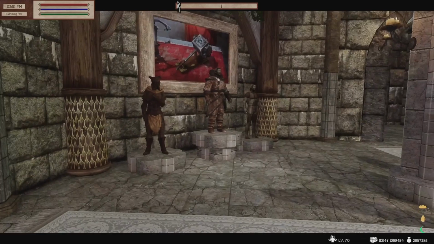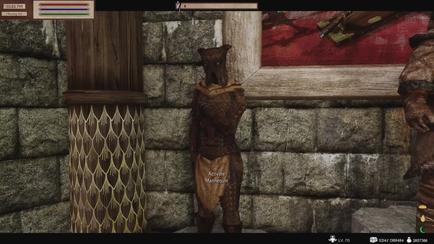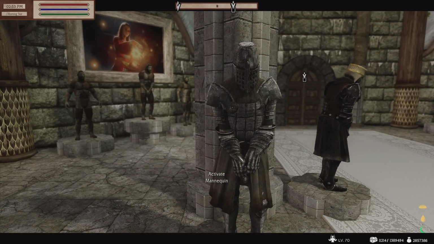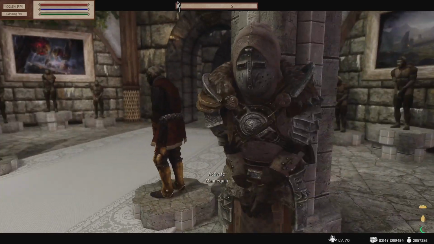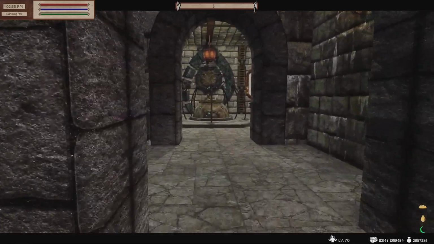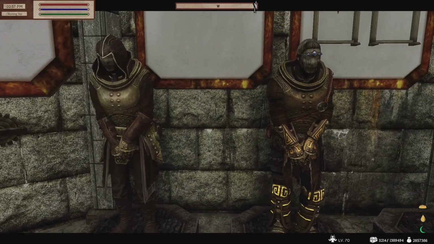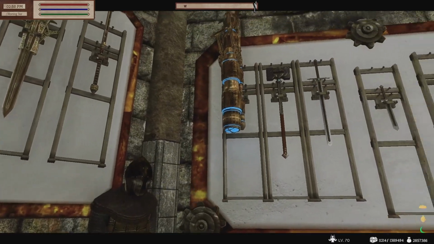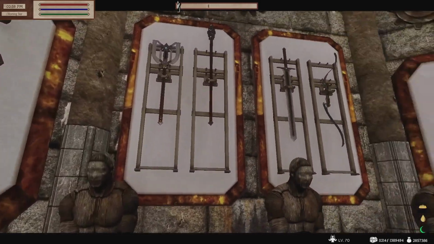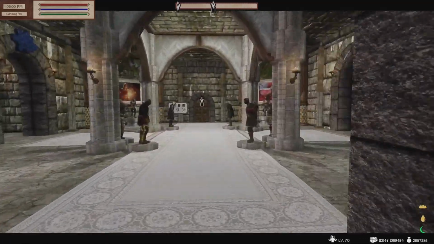Alright. In here, some armors that we got from Solstheim. Netch leather, skull, and whatever else is gonna go there, I don't know. Some armors we got from High Rock. High Rock, High Rock, High Rock. Here we go, the Dwarven Room, which I do plan on filling. Just some interesting stuff here. Bunch of interesting stuff. Over here we have the...